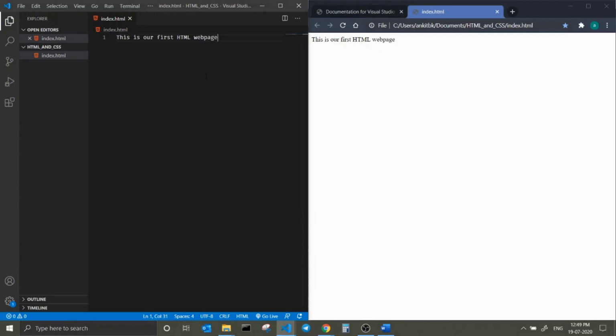For example, if I am writing an h1, which we usually use for headings, I will close this h1 tag also, and I will just save it.